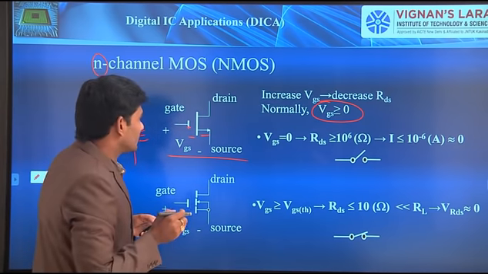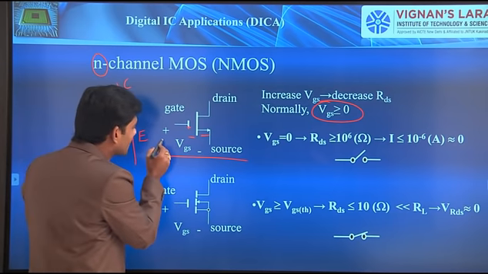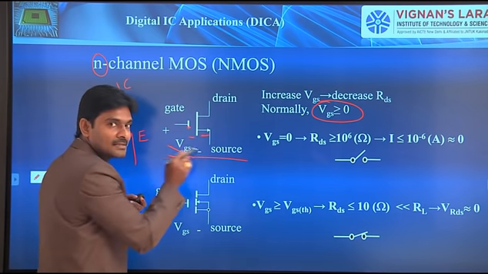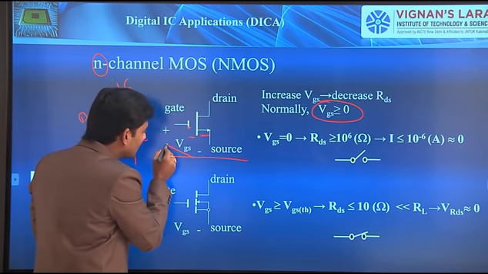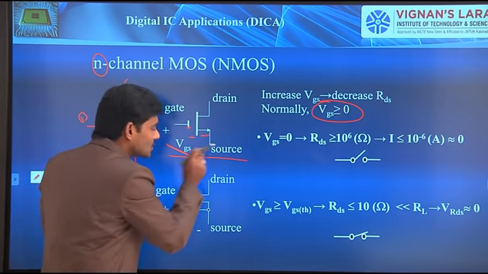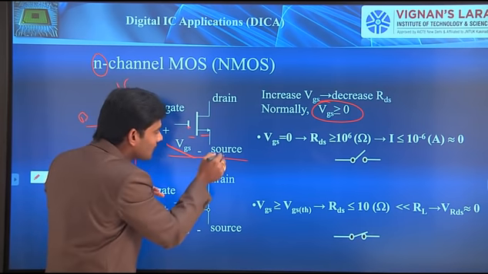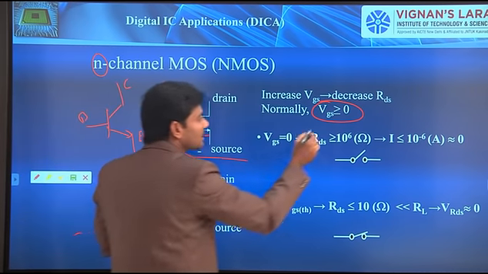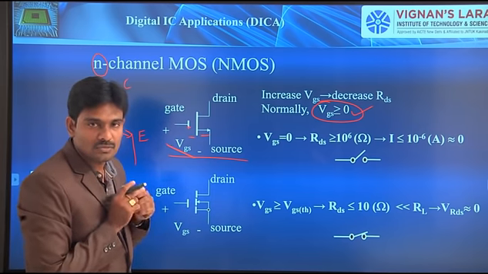The whole operation of this can be represented by considering this equation. If you compare this with the previous diagram, where we mentioned that by applying the gate voltage at one terminal, you can control the resistance between the other two terminals, here the input voltage is VGS. With respect to gate and source, we apply the input voltage. With that voltage, we can control the resistance between drain and source. And the whole operation is defined by this: VGS greater than or equal to 0.